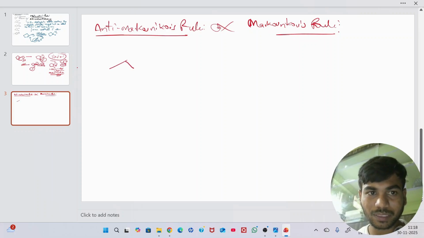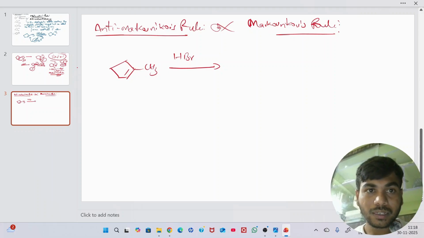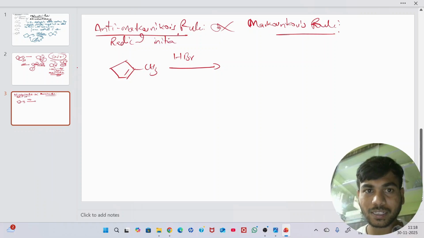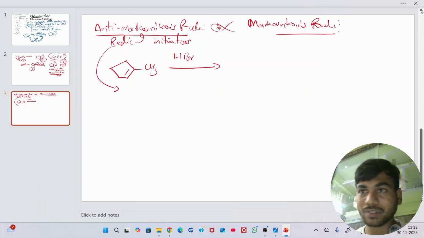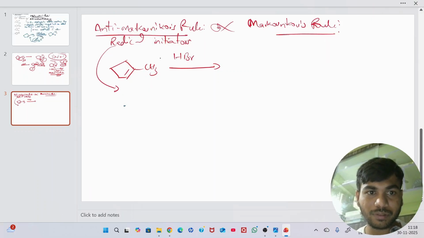See the same example again: 1-methyl cyclopentene reacted with HBr. To follow the anti-Markovnikov's rule, you need radical initiators, so-called radical initiators. What are the radical initiators we have in this case? The usual radical initiators will be